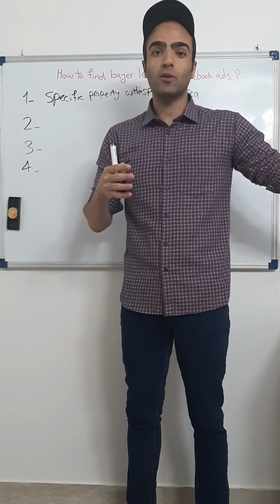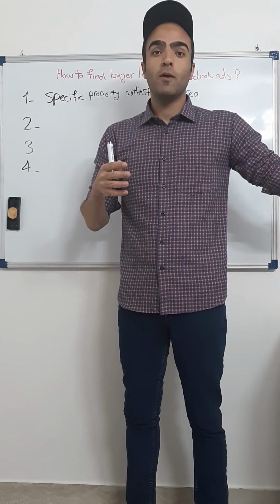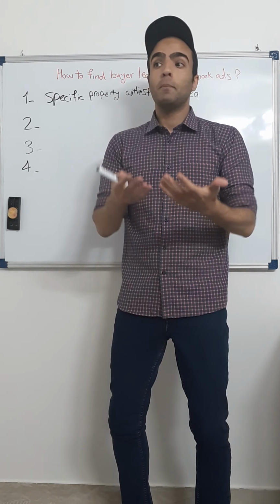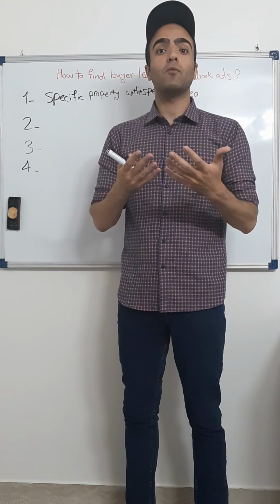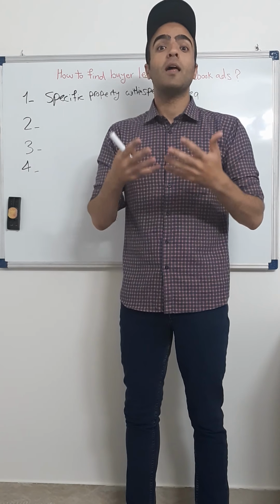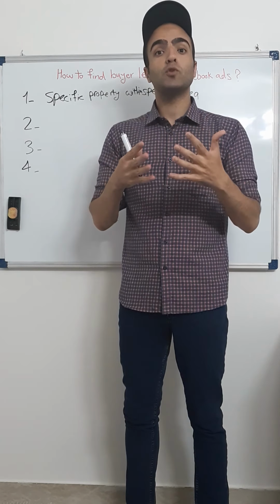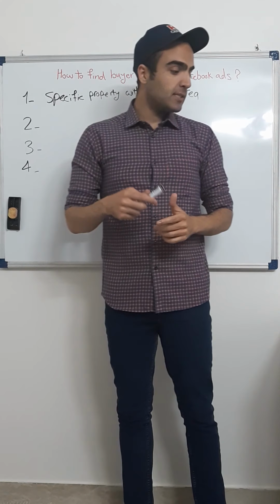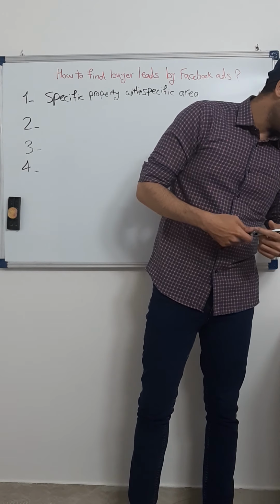Richmond is another part of Vancouver, which is not your ideal one, because North Vancouver is the better one. You can find more qualified leads by targeting those people. So this is the first one, and the second one is